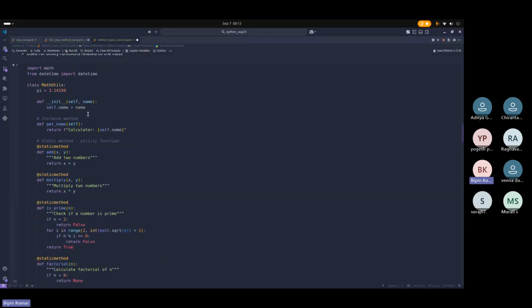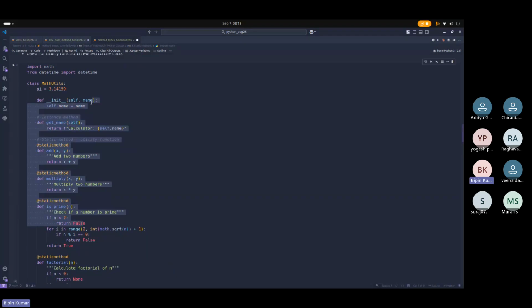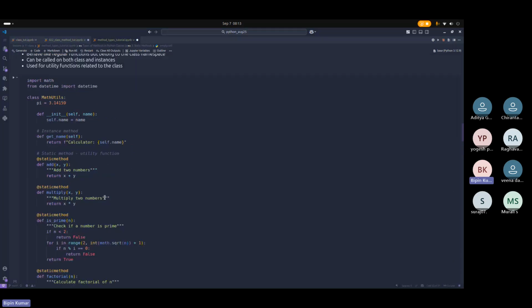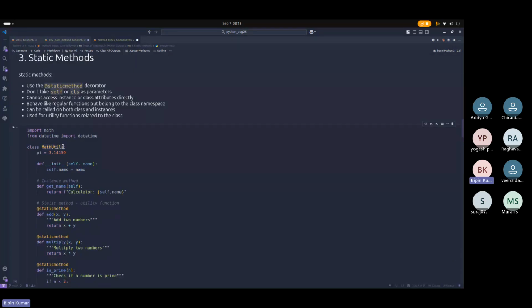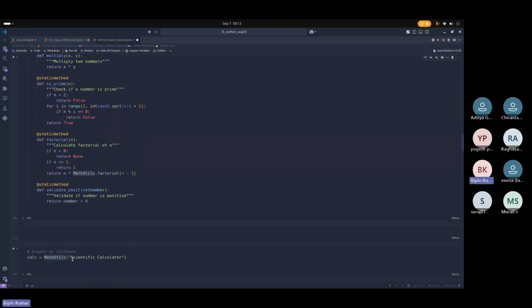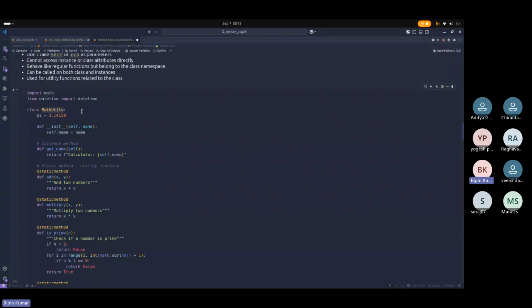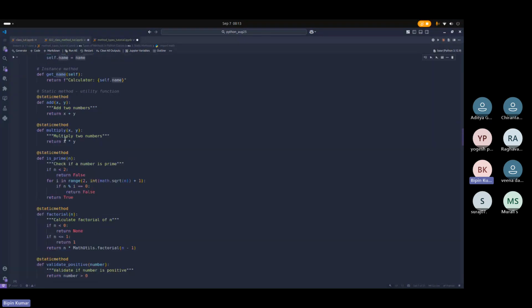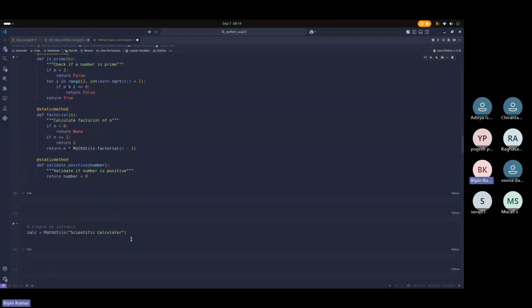So inside this, there is an argument called name. Let's name it scientific calculator. So the class name is MathUtils, and the argument it is taking is name. So we have name, but now to call these static method functions, what we can do, let's say,